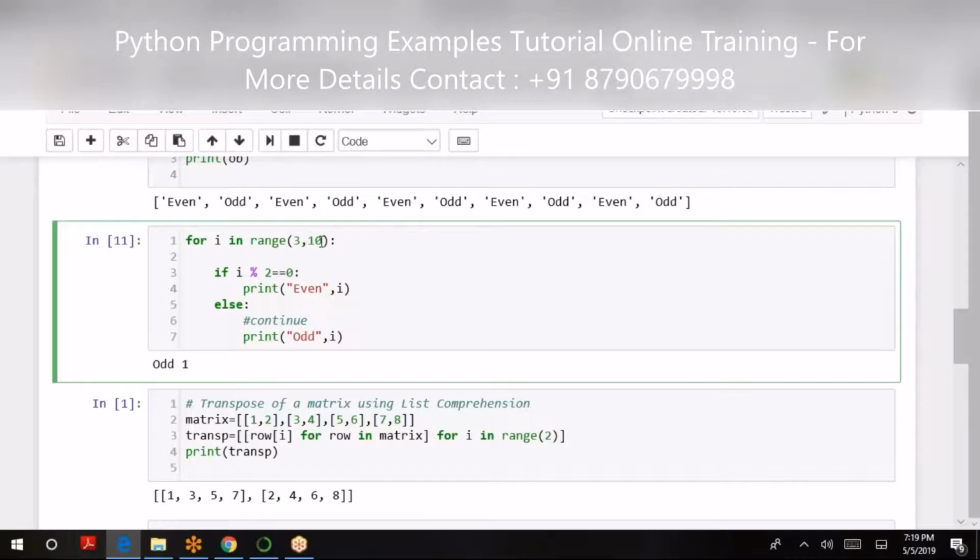So it accepts two values, that is the initial and final value.